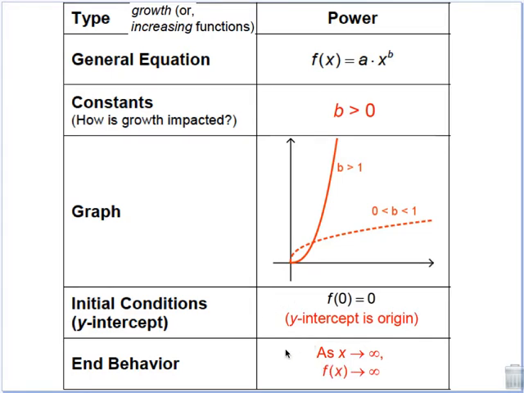And then your end behaviors, no matter what your b value is, whether it's a number greater than 1 or a fraction, you're always going to be increasing. So as x approaches positive infinity, your y value is also approaching positive infinity. So it looks like this is going to increase much faster, and it will, but eventually here you're going to still keep increasing. You'll still keep going up like this, okay? So make sure you get this on the first page of your notes,